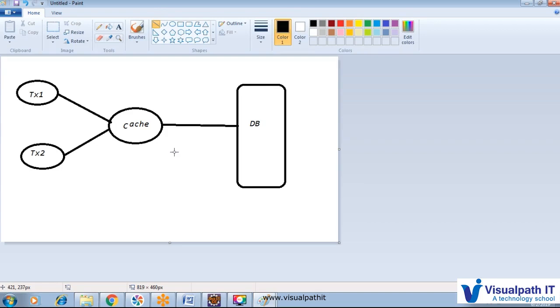Before that, what the session cache does is, when the transaction is started, one session cache is created. So per transaction there is one session cache, but when we apply the process scope cache, only one cache deals with the particular database, and we push all data inside that cache. So here multiple transactions are associated with a single cache, whereas with the session cache, only one transaction is associated with the particular cache. So here the Hibernate query cache is a process scope cache.